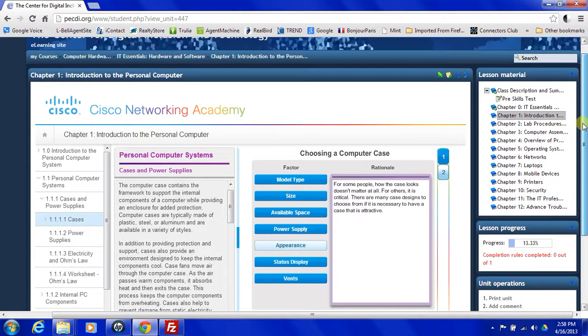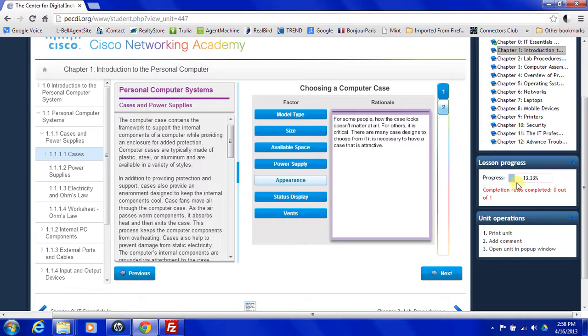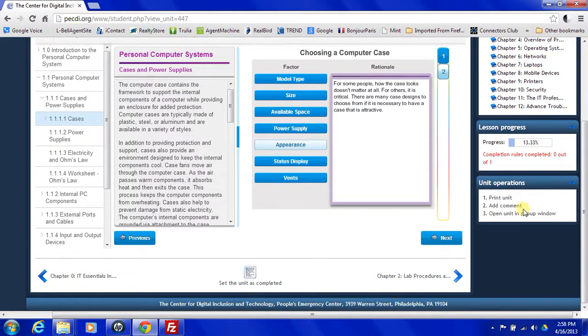Down here it tells us our progress, so I am 13% of the way finished. And it says I've completed 0 out of 1. And then if I wanted to, I could print the units. I could add a comment if I needed to. If I wanted, I could open this whole unit in a pop-up menu